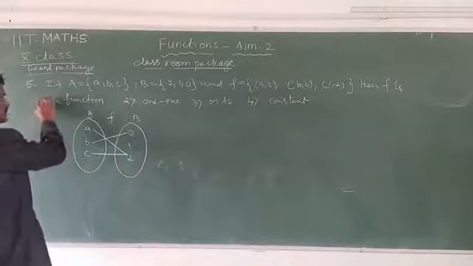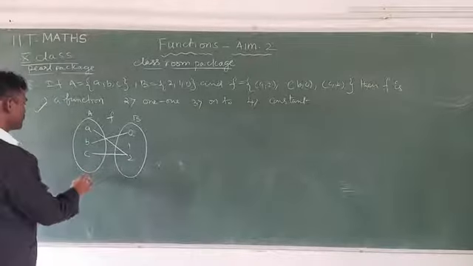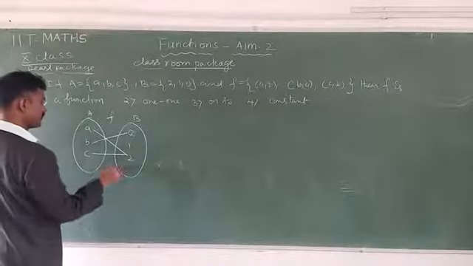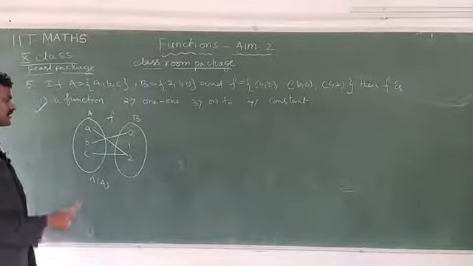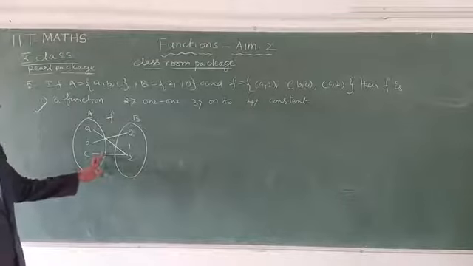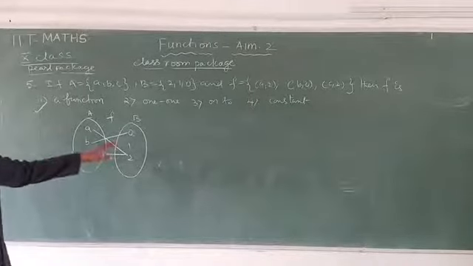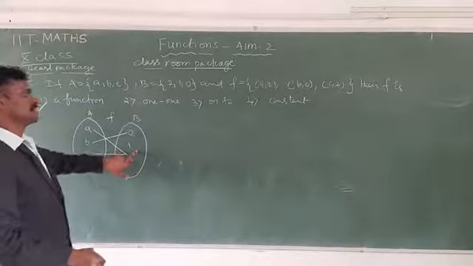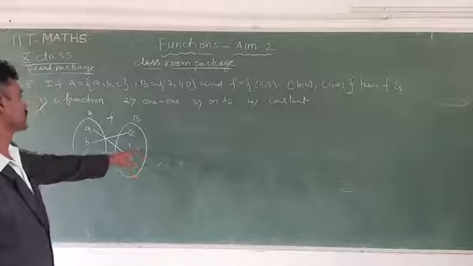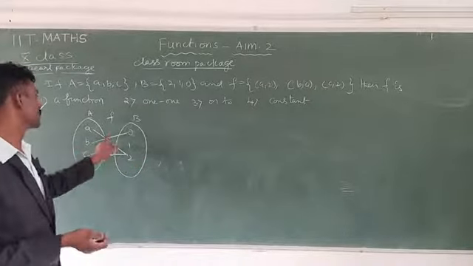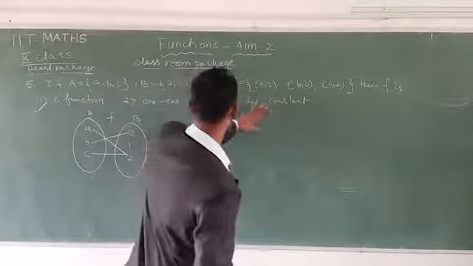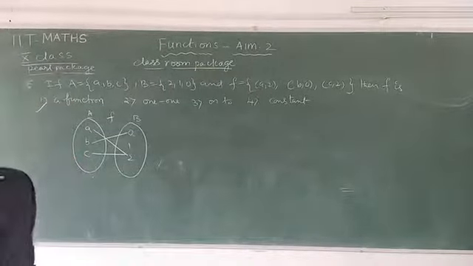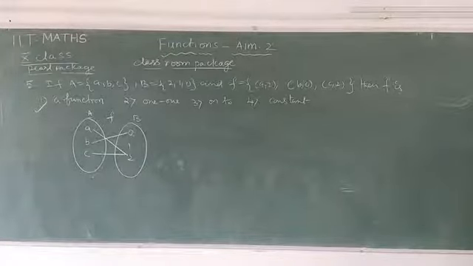First one, this is a function. Next one is here, n of A is equal to n of B, but two elements having the same image. Two elements having the same image. This is not a one-one function. At the same time, this is not an onto function also. Then this is an into function. Into function is possible: at least one element in the codomain does not have a preimage. This is also an into function. One-one not possible, onto not possible, constant not possible. This is a function only. Which type of function? Into function. Note down.